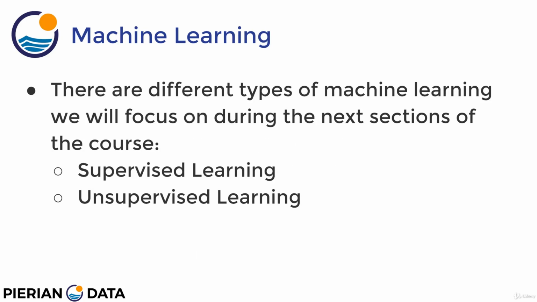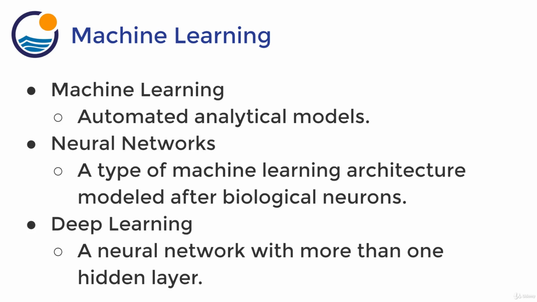Now, there are many different types of machine learning tasks, and in the next section of the course, we're going to be focusing on two specific types: supervised learning tasks and unsupervised learning tasks. We're going to cover supervised learning and then briefly talk about unsupervised learning. In the next section, when we talk about things like classification and regression, those will fall under supervised learning. So it's important to understand the distinctions between these two topics.